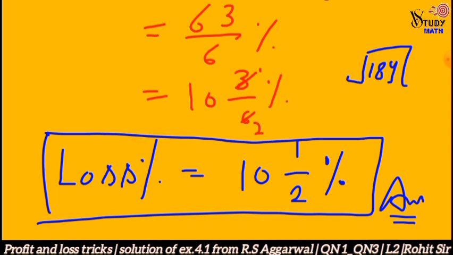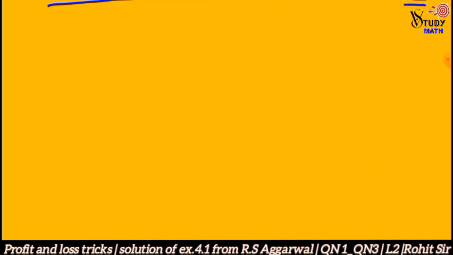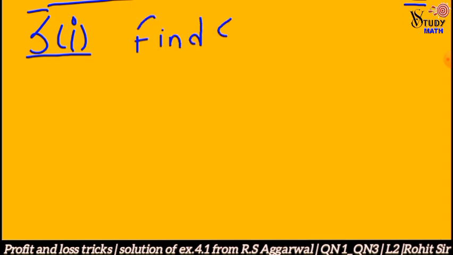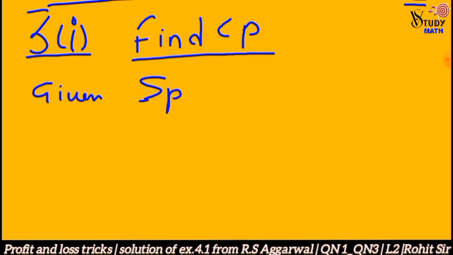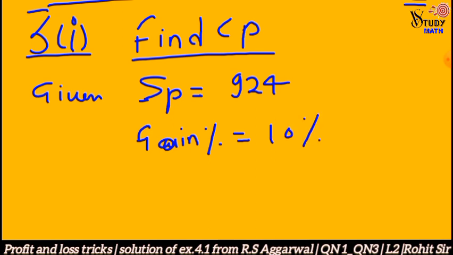Question number 3, part 1. In this problem, we have to find CP. SP is given here: SP is equal to 924, and in the first part, gain percent is given here, 10%. Now apply the formula of CP when gain is given. So CP is equal to